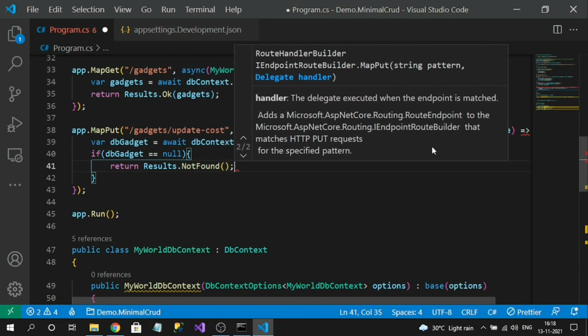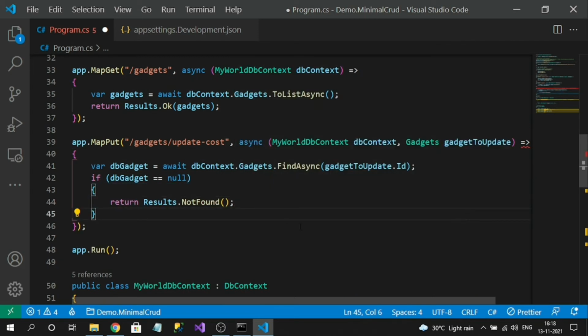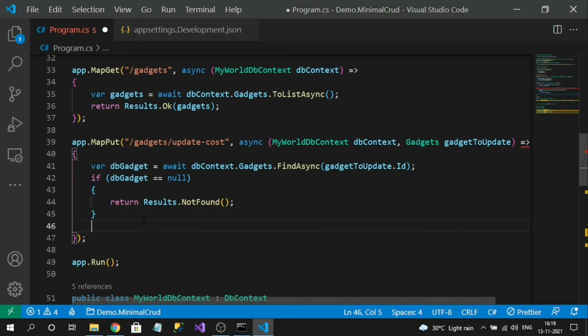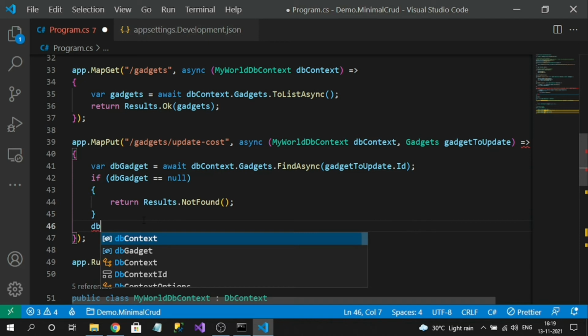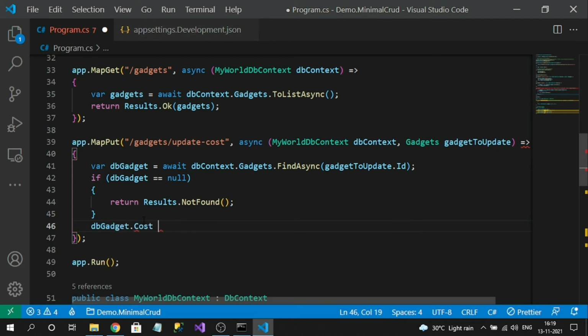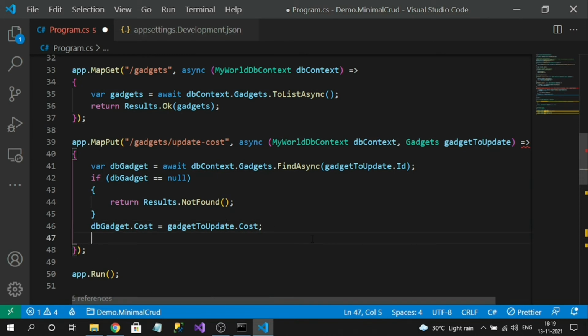See, all controller level response types are available here as well. And finally, if I found it, I will simply update only the cost. So db dot gadgets dot cost equal to gadget to update dot cost. If you want to update other parameters, then you can update them as well, by mapping here individually.